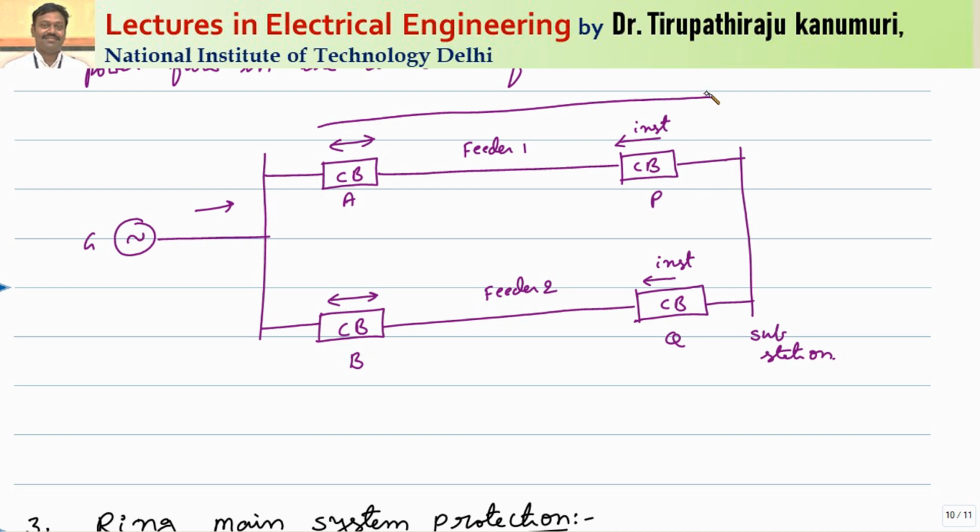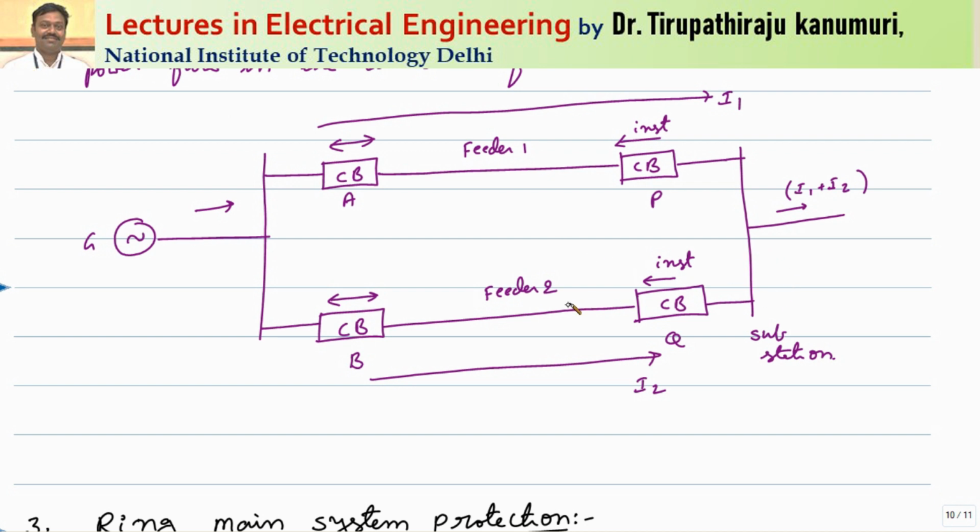So the current I1 will pass like this. This is I1. Through the feeder, the current I2 is passed, and this will be supplied to your load. So this current will be equal to I1 plus I2 under normal operating conditions. Let us take the case when some fault happens, how this is going to behave.